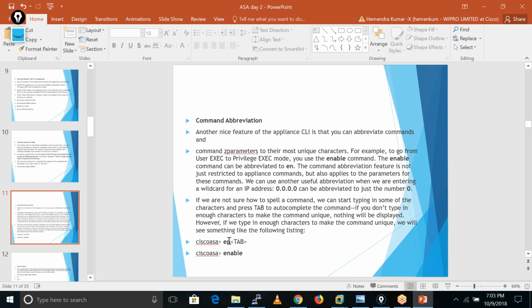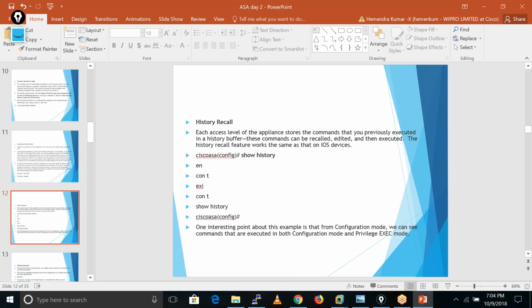We can press the tab: if I type en and press tab, the command will complete. That I already showed you. Also, one more very good command is show history.